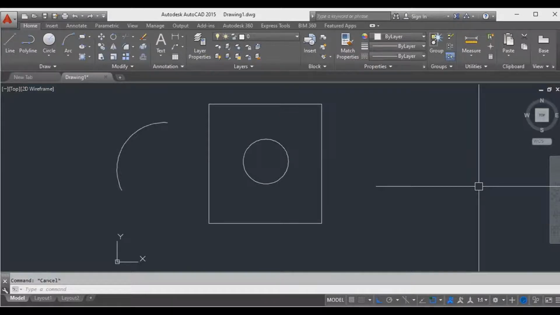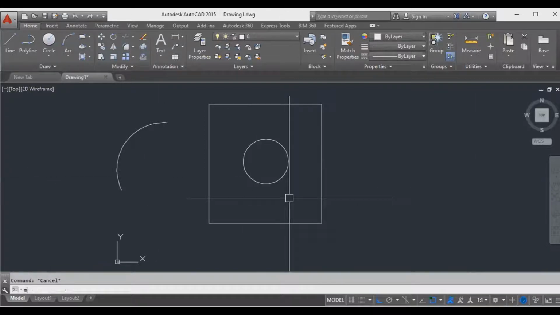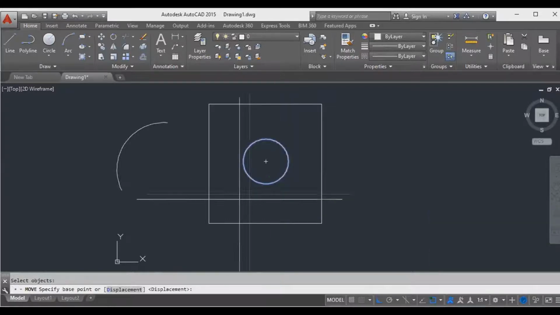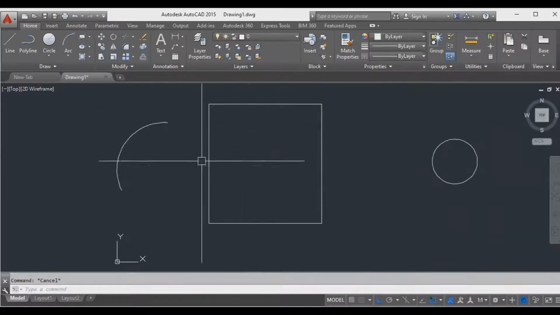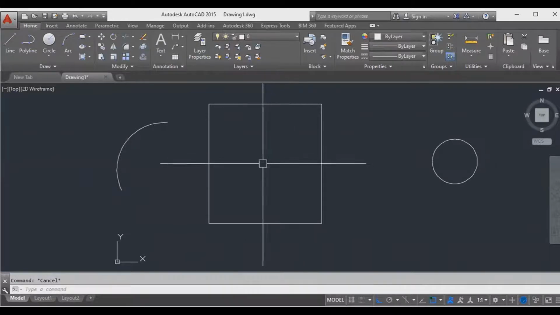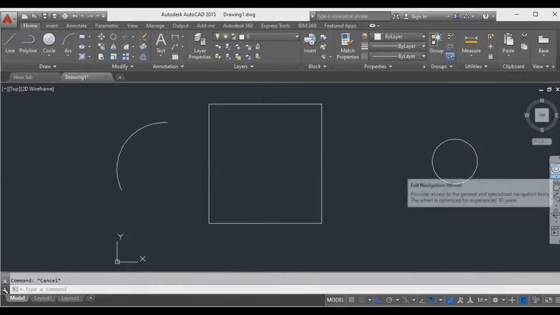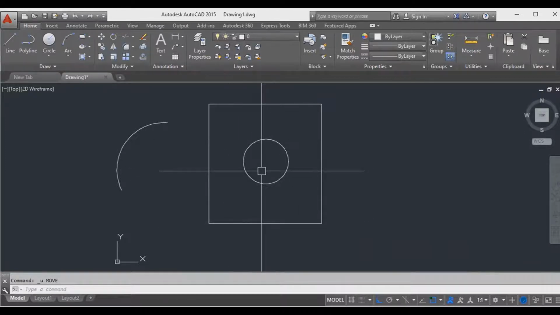The second command is copy. Usually we do copy and paste in a Word file, MS Office or any other application. The same way, you can copy an object from one place to another. Last time you did the move, so the object was moved, and originally the object is no longer there. But alternatively, if you want to retain that object here and also get a new object, then you have to do the copy command.